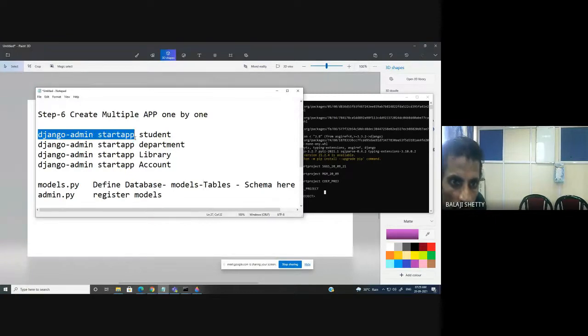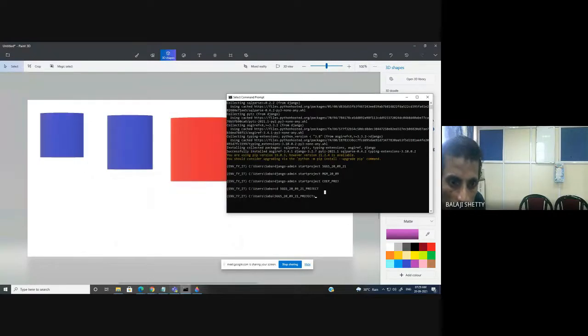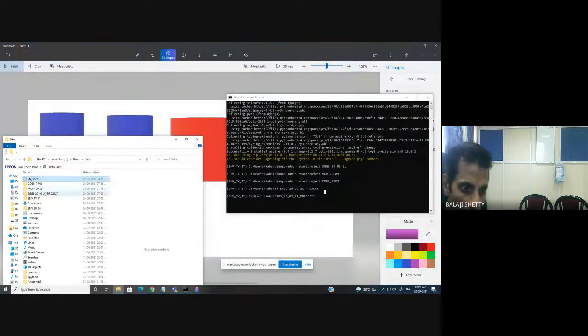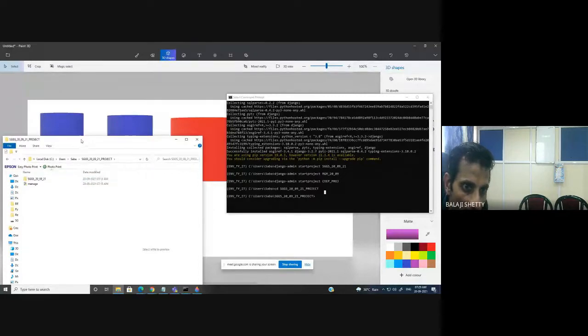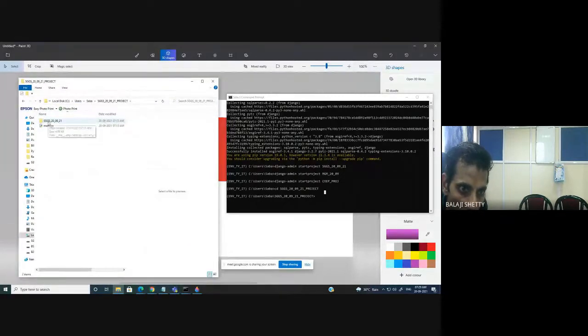So let us copy this command and I will show it live. What will happen now? I open this window. Okay, now we are under the HGS folder. Currently, just observe, there is only one folder, HGS 2009. Now I run the command. Now we'll see what changes I get. Be careful. When I run this command, the student folder gets created under this folder HGS 2009. Let us run the command.